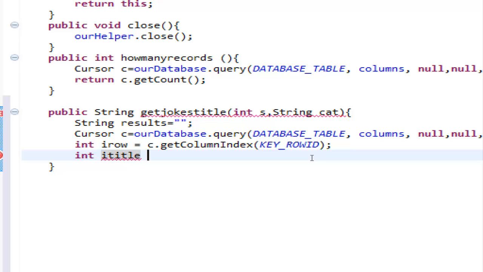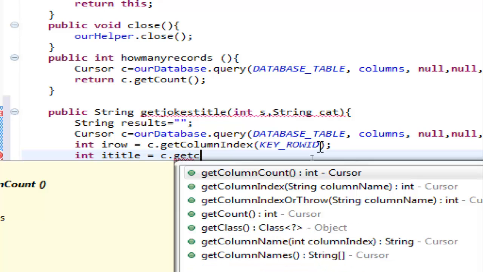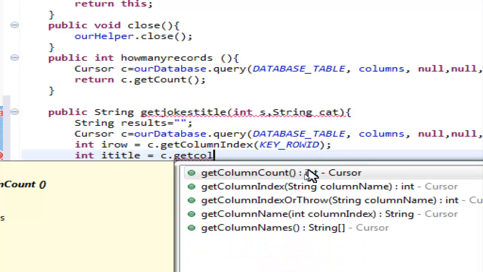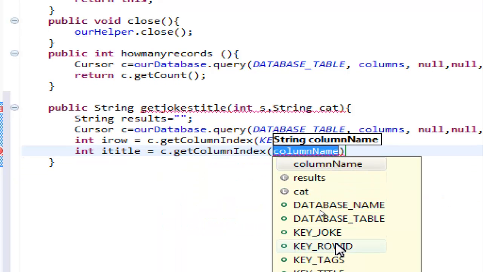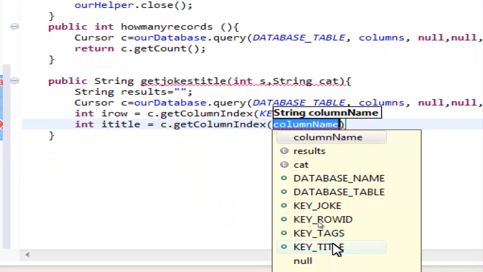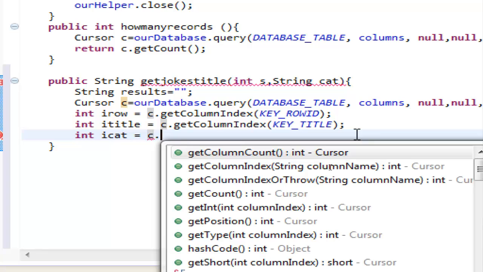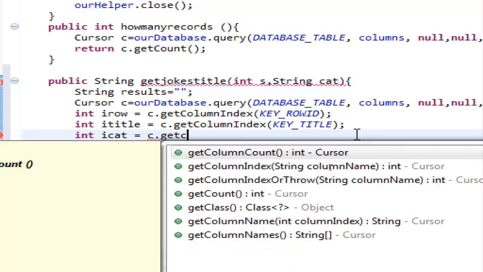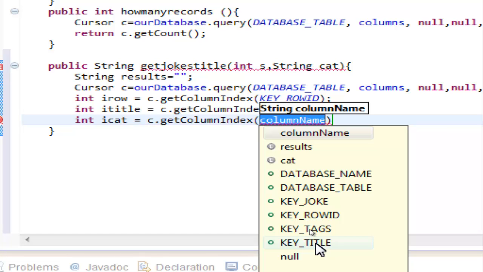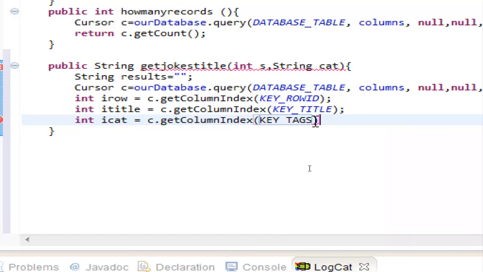The second one, int myTitle, in the same way will be equal with c getColumnIndex, string. We need the KEY_TITLE. Okay, now we want another one for the category int. Let's name it iCat, and this will be again equal with c.getColumnIndex, the category of the joke, which is in KEY_TAGS. Okay,